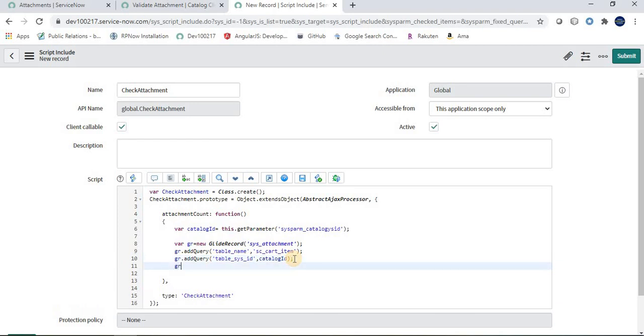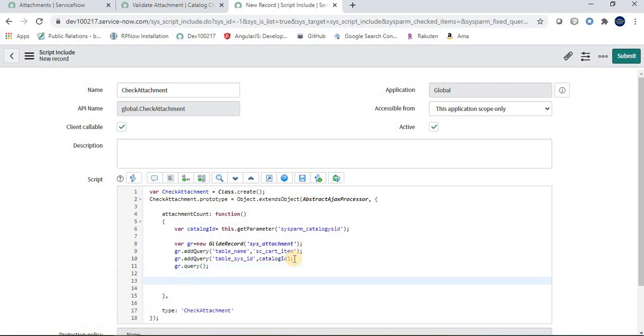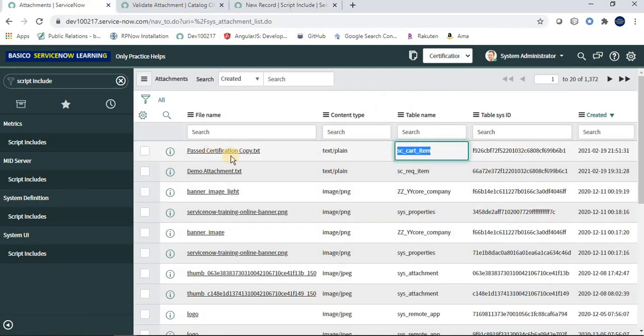Now gr.query. Okay, now what we want from there is a row count, how many attachments are over there. Let's say for this sys id currently we have one record.